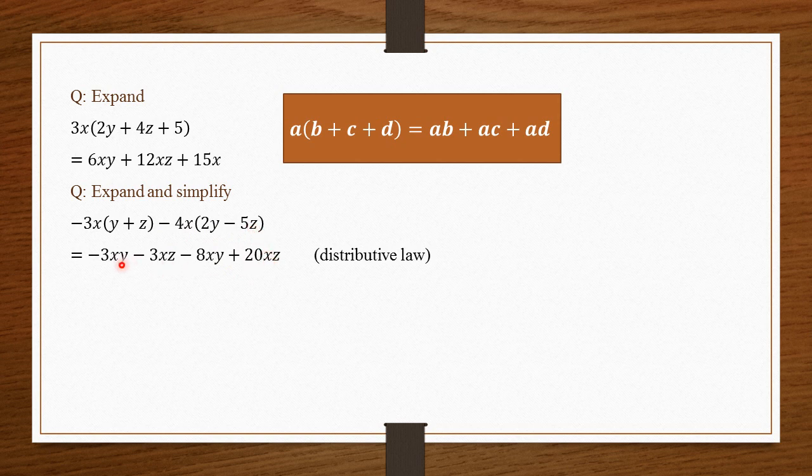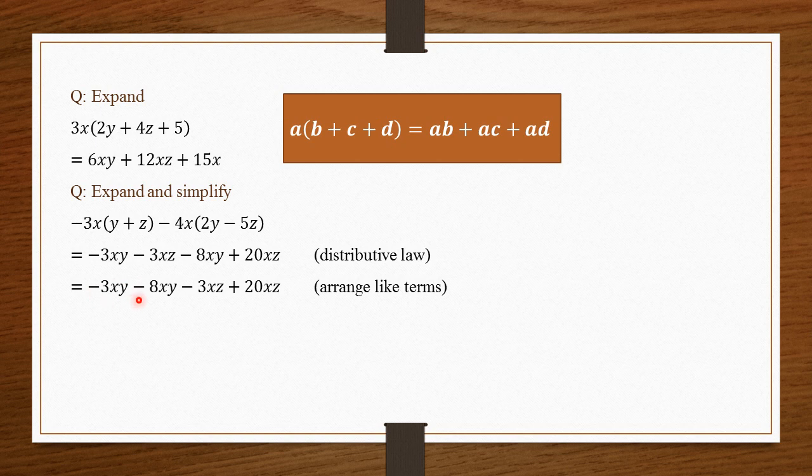Now we can simplify it further, as you can see that here this xy and this xy are the same, these are like terms, so we will arrange them in the next step. And here you can see this one is xz, this one also has xz, so they have the same variables, so you can arrange these terms. Here we have arranged xy with xy, xz with xz. Now we remember these laws, we already learned in class 6: whenever they have the same sign you add them, and when they have different signs you subtract them.